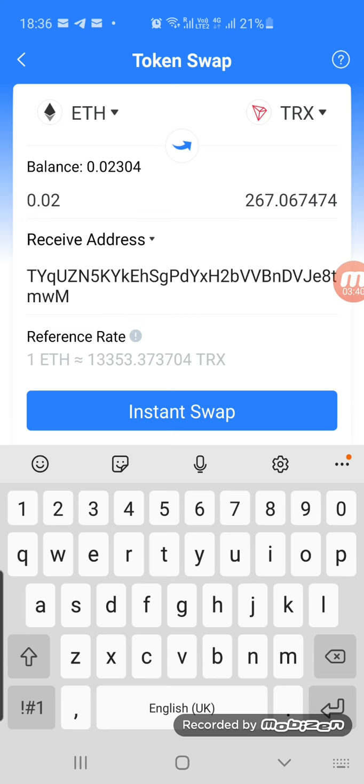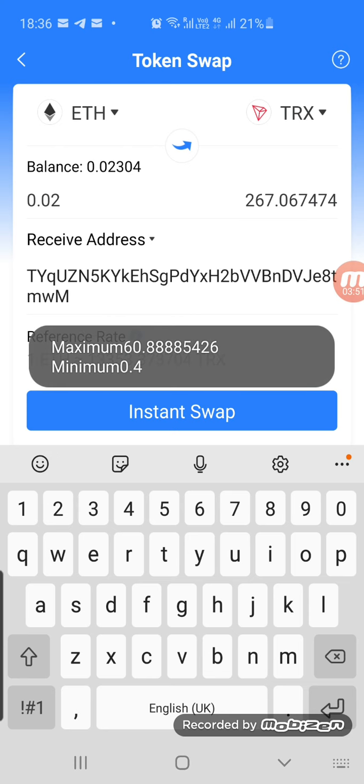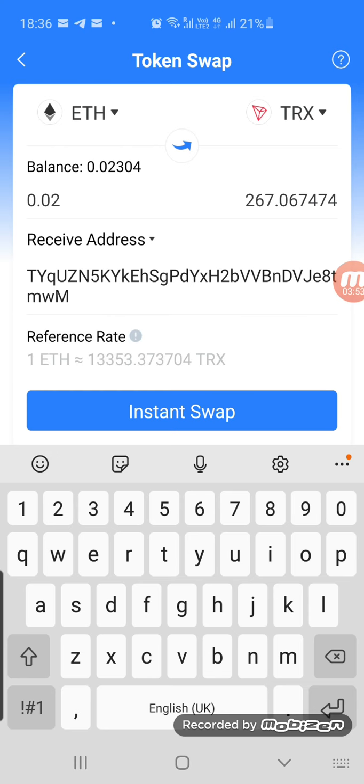But now I don't have enough because I need to transfer a minimum of 0.04. If I click on instant swap, it will give me an error message saying maximum 60 or minimum 0.4. But basically it's as simple as that.